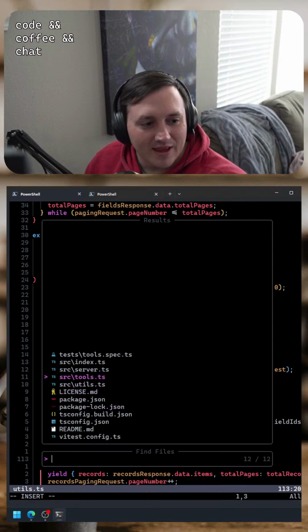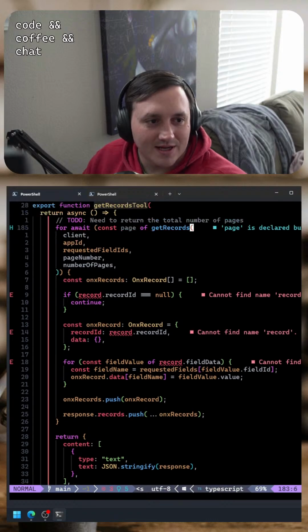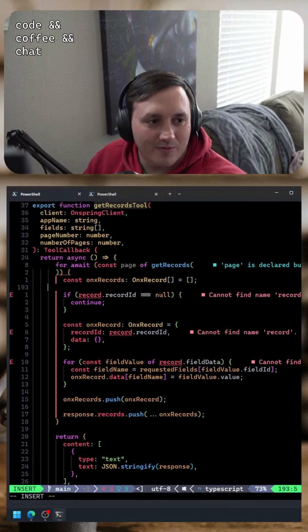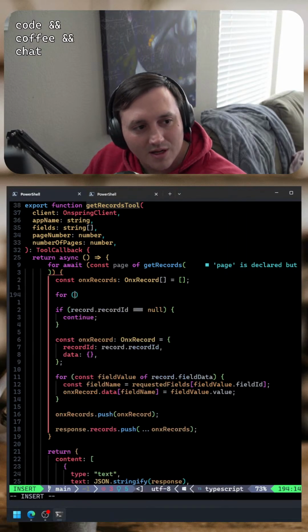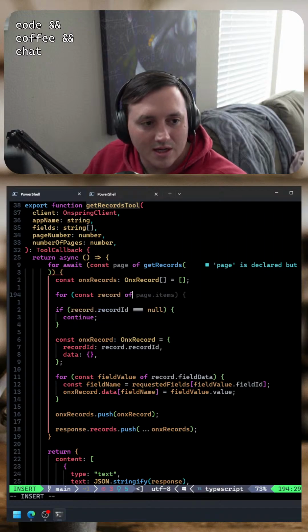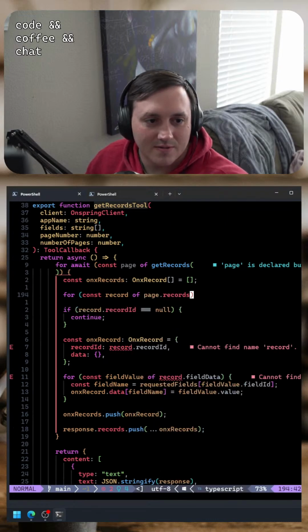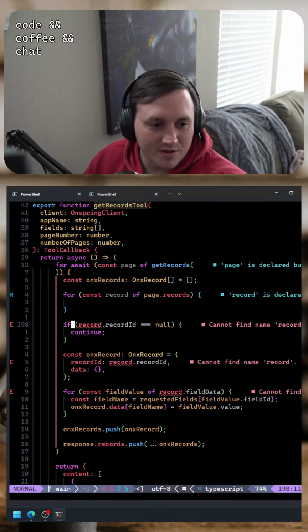But what this will allow me to do is, if I go back over here, I can say, okay, const record of page.records. Isn't type inference in TypeScript just so wonderful?